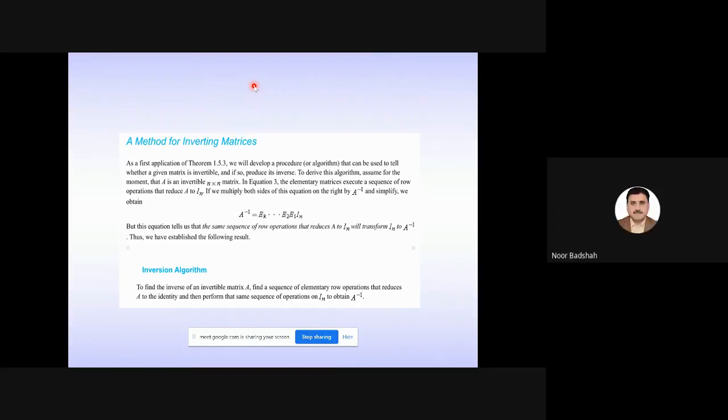Okay, so to find the inverse of an invertible matrix A, find a sequence of elementary row operations that reduces A to the identity and then perform the same sequence of operations on the identity matrix to obtain A inverse. ये वही बात है जो मैंने अभी बता दी है। सीक्वेंस सेम रहेगा, ऐसा ना हो कि आप फिर इंटरचेंज करें, पहले वो करें फिर वो करें, नहीं, वही सीक्वेंस रख लें इसको।